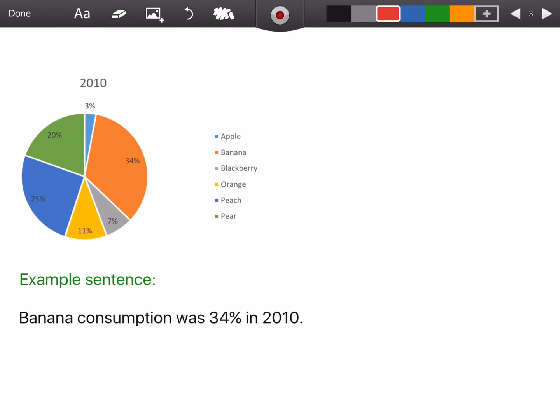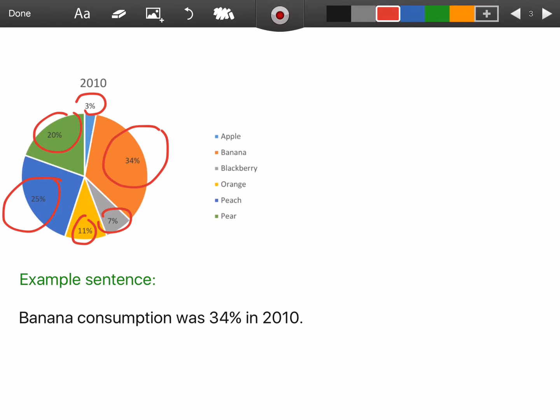By looking at 2010, we can see that the highest percentage is 34%. And the second one is 25%. And then we have the little ones, 11, 7, 3, and 20. So most of the time,